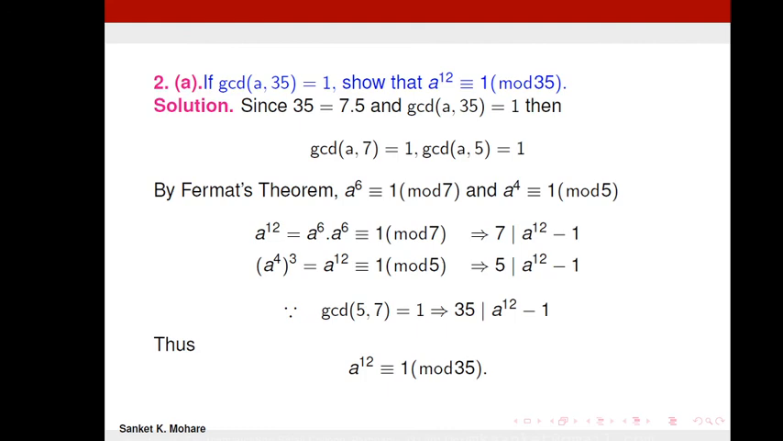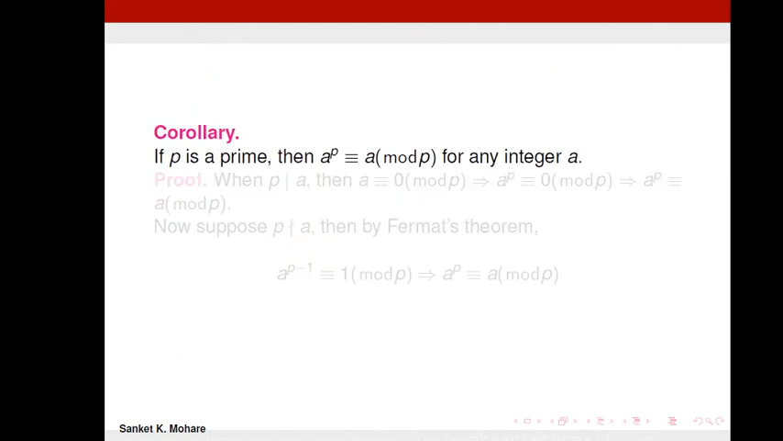Now let's have some corollaries. If p is a prime number, then a to the power p is congruent to a modulo p for any integer a. So the proof is simple. Here there is no condition on whether p divides a or p doesn't divide a. So when p divides a,